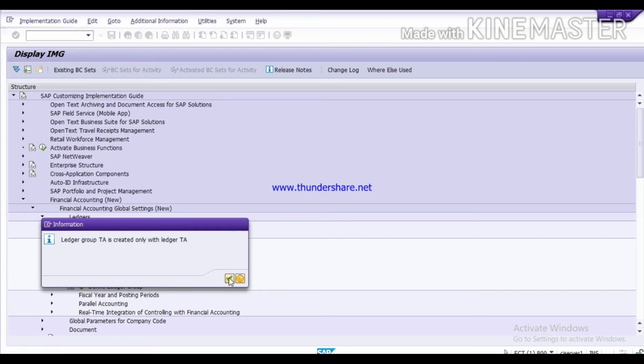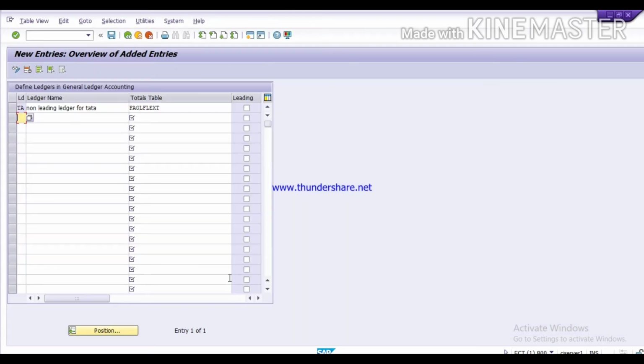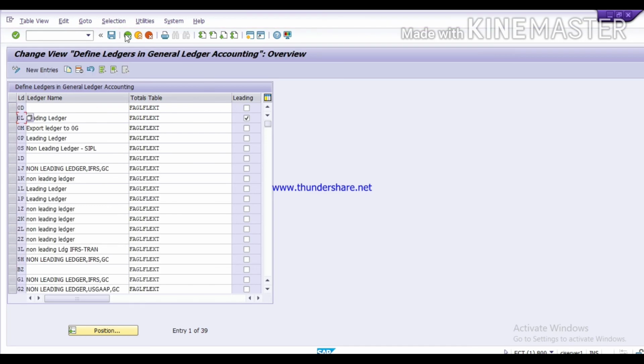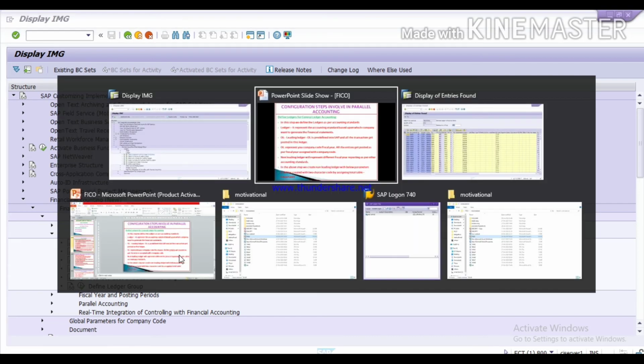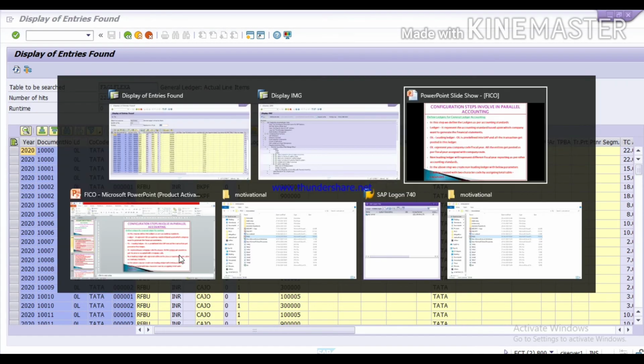Just continue. So now it has created your ledger. Now we'll get back. Here the next step is define currencies for leading ledger.